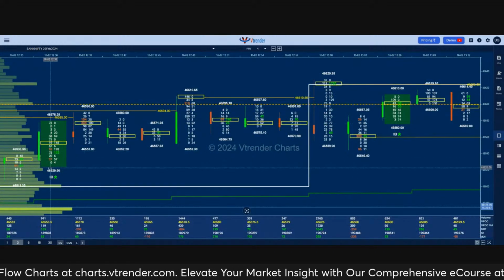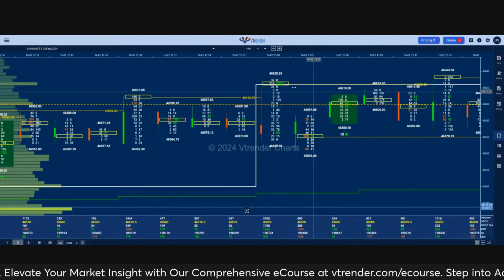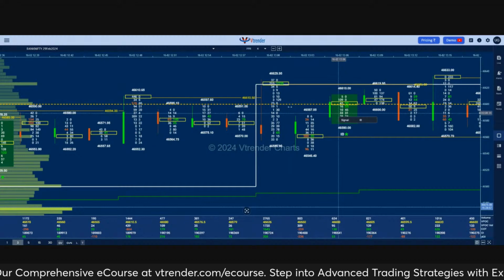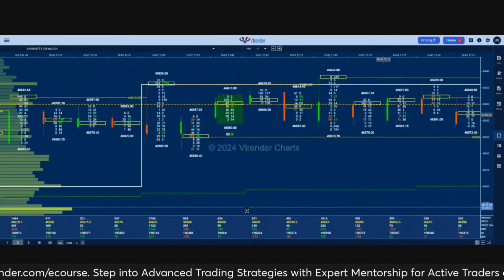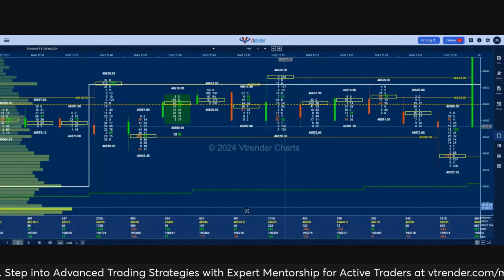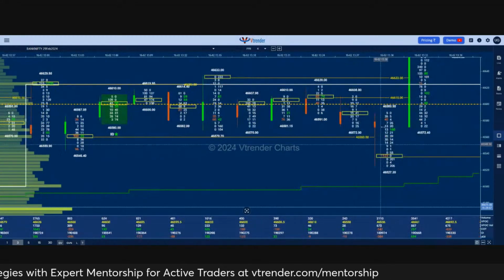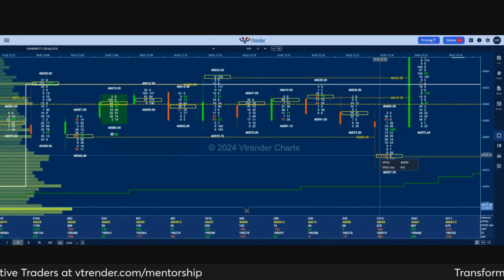So this IB low becomes our reference and we are looking for a long trade once this RB is taken out on a closing basis on a 3-minute bar. But what we have here is again an RS right at that level. So we're still waiting for some more confirmation. And what we get at this 130 bar is a big volume bar with zeros on the supply side and a red which is on the